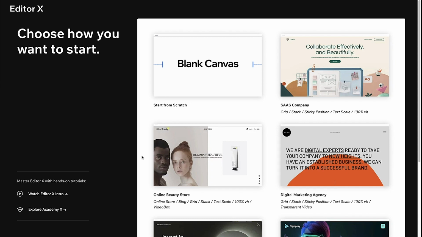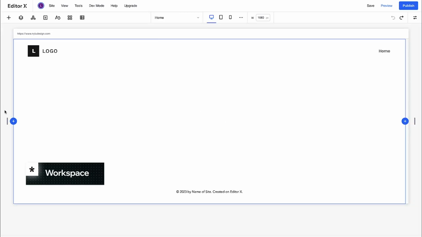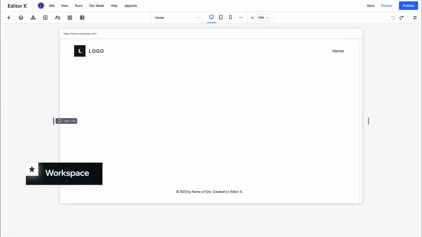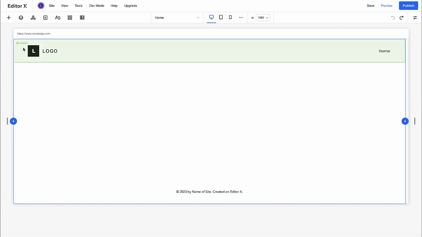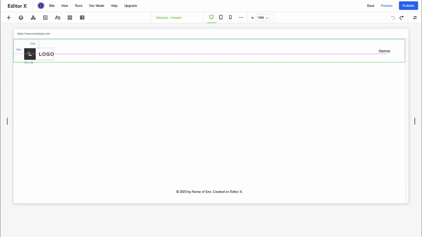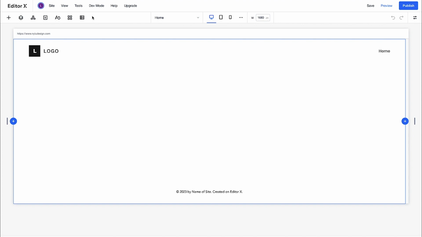Choose from one of our in-house design templates, or start from scratch with a blank canvas. Your canvas is wide and intuitive, with a smooth drag and drop interface. The top bar of your canvas is filled with tools and functions to help you manage your site and access